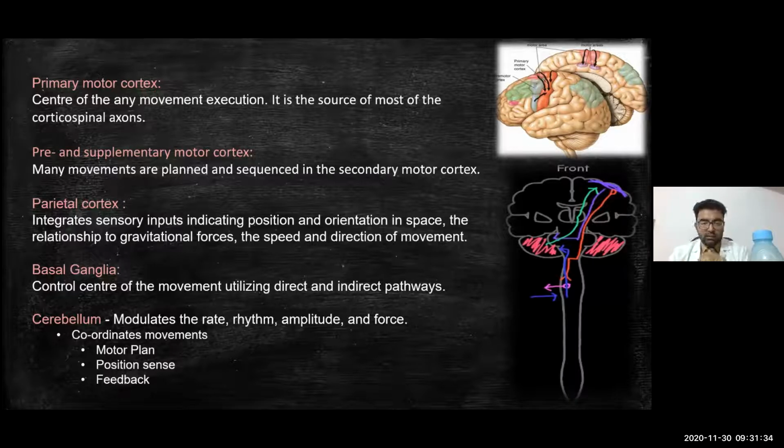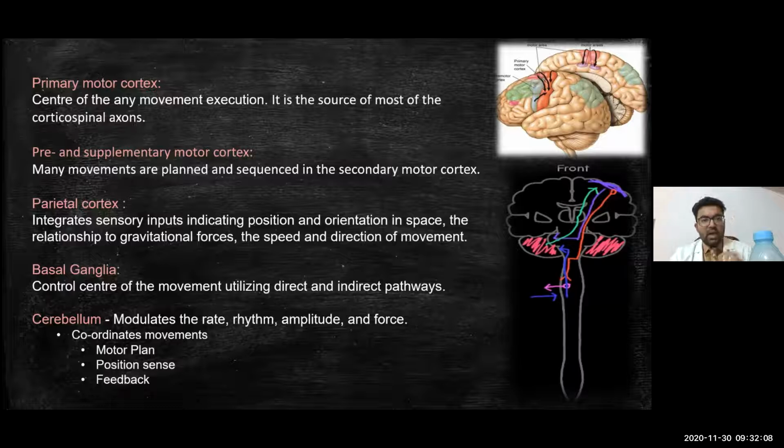For example, to make this movement, first of all, the brain needs to know what the initial position is. After that, the brain has to decide what tone and what muscles are needed to make the movement. And finally, it has to decide at the end of the movement what tone and what position will be required, right? So we'll try to learn all the things keeping this reference in our mind.